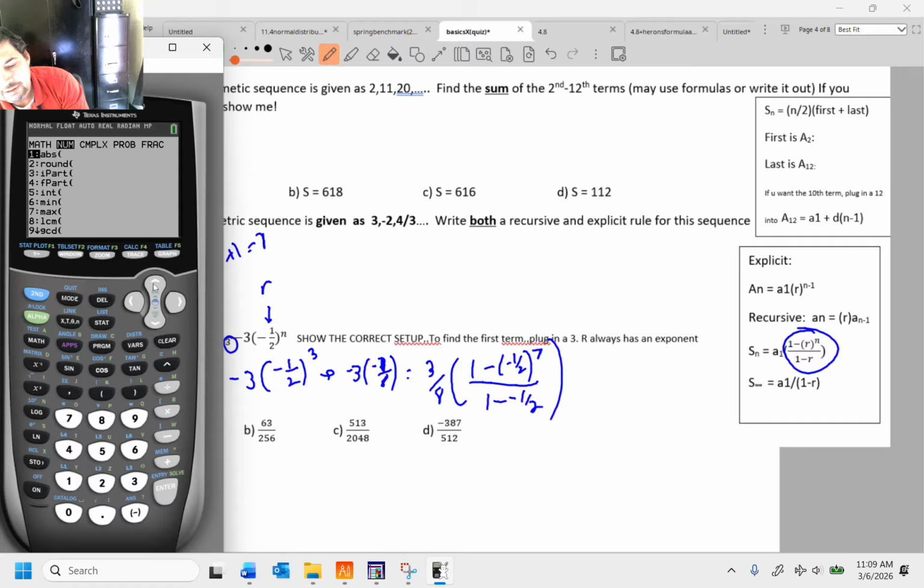Math, num, n over d. 1 minus, the parentheses are a big deal. A negative 1 over 2, rooftopped to the 7th power. And that's sitting pretty over